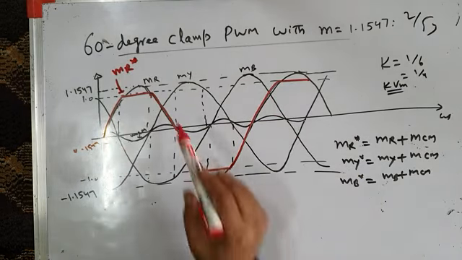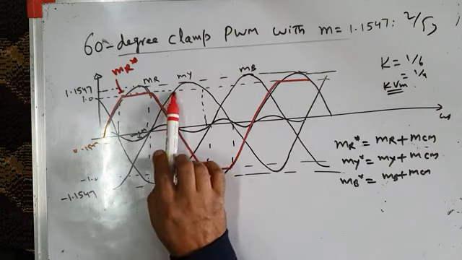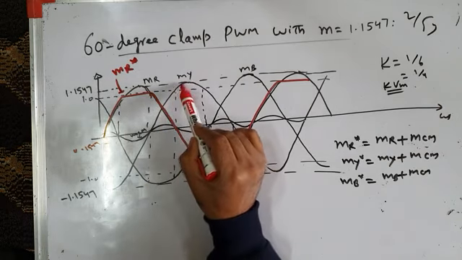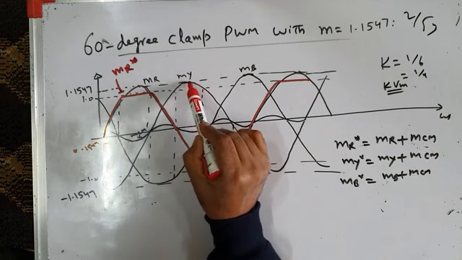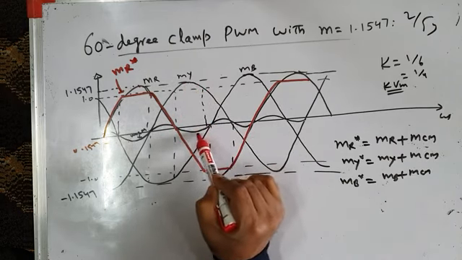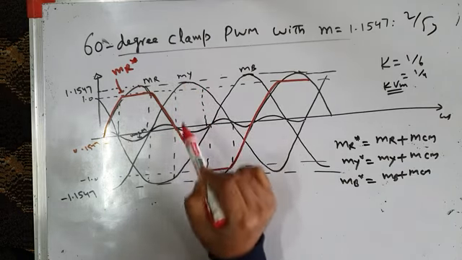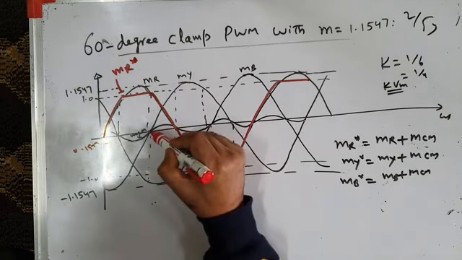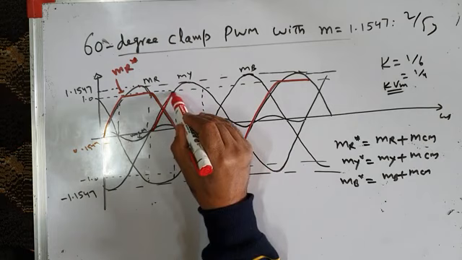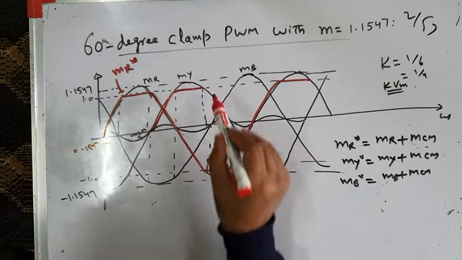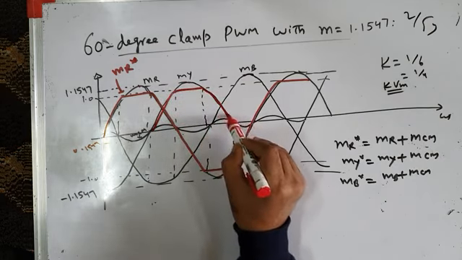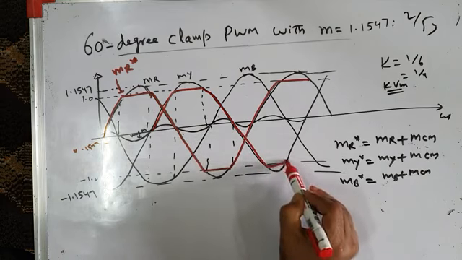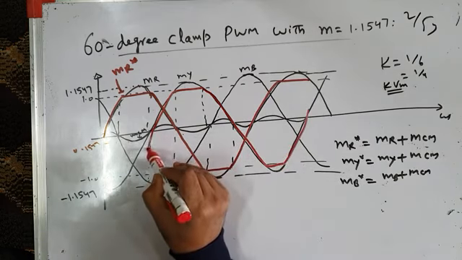Similarly, MY star, over this 60-degree interval, MY is over modulated and MCM ये नेगेटिव है. जितना ये पॉजिटिव वैल्यू ऊपर जा रहा है उतना ये नेगेटिव जा रहा है. सो दिस प्लस दिस बिकम्स इक्वल टू 1. तो यहाँ से यहाँ तक तो ये ऐसे राइज करेगा एंड देन इट विल बिकम 1. Similarly, in the negative half cycle, over this period it will become 1. Similarly here.